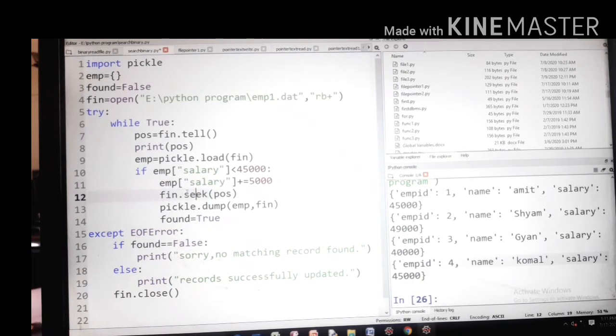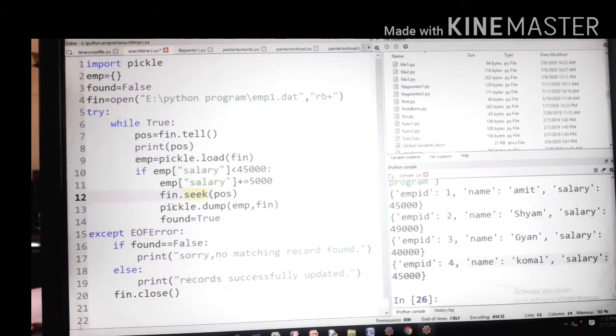Okay, because the position is starting at 0, but whenever this condition is true, it means we have to move to that particular record and modify that record. So what is the exact location of that record? We store it with the help of pos, because pos tells the position of the exact record. Now we put this pos in the seek, telling it the exact location, so seek puts the file pointer at the exact location.